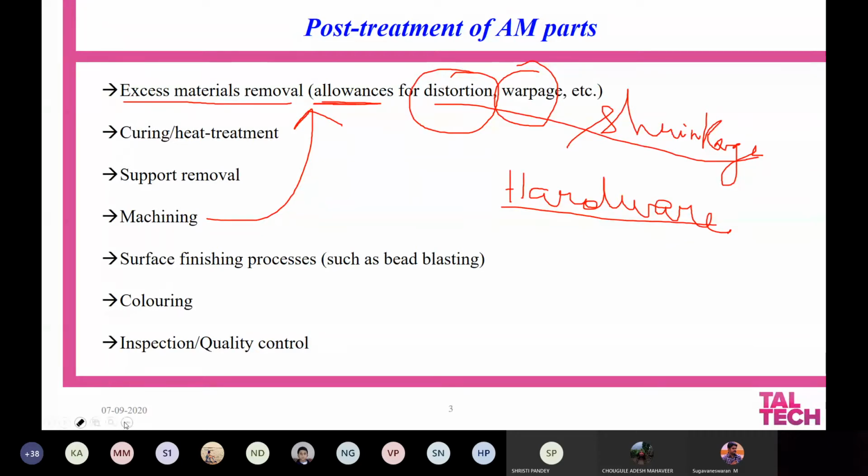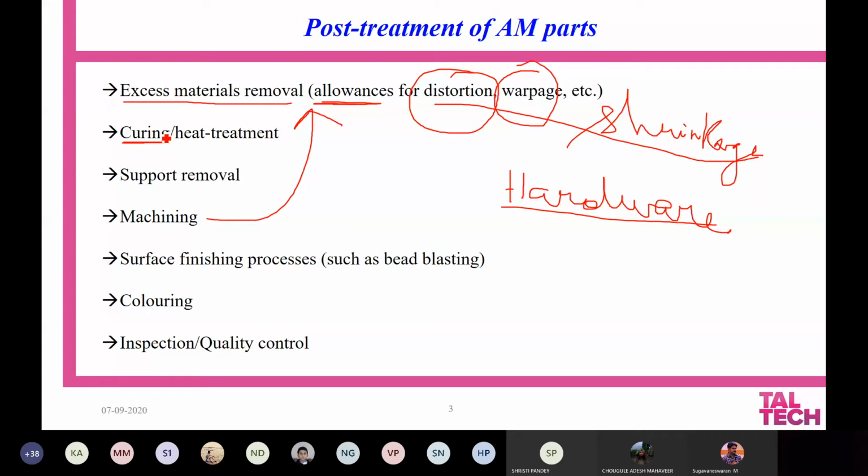Curing is something which you employ normally if you are going to modify the grain size or the grain morphology of the microstructure. Whether you use it also highly depends on process-specific aspects, because if we are going to use a sintering operation, we don't need to go for such heat treatment or curing.